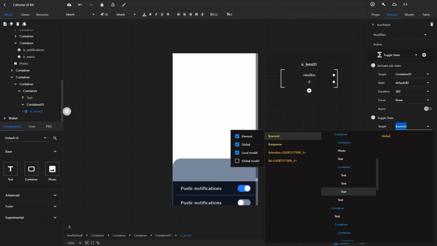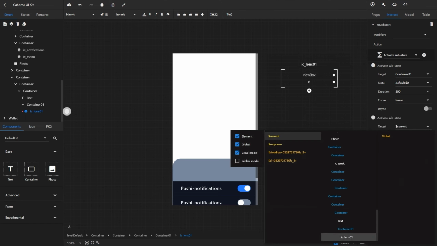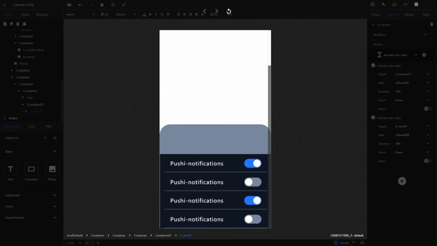The object selects this icon. We choose this one. Activate the substate. The object selects this icon. Select substate 1 for a preview view.